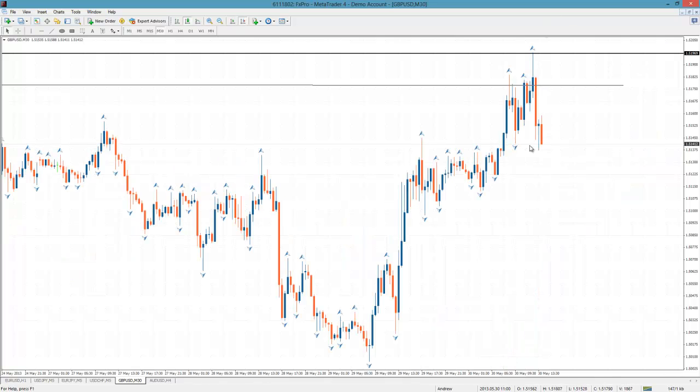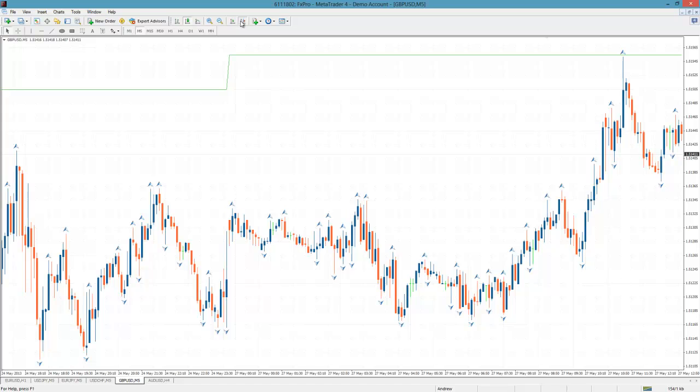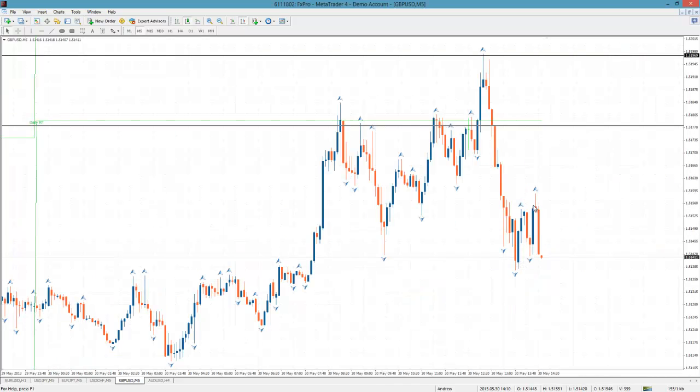You see we broke this down fractal here. Mark the most recent up fractal with this black line over here. That's where the direction would change back to up. Now we move to a 5-minute chart. You can see we've actually rallied, broken this up fractal, and we're just about to trigger a short right